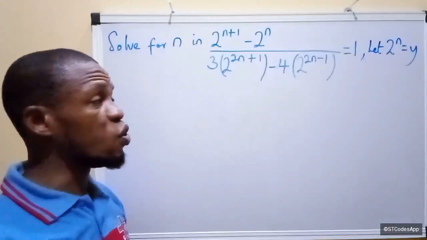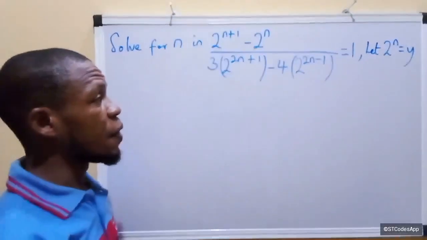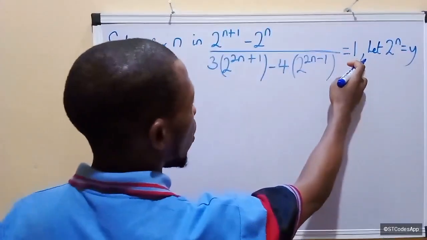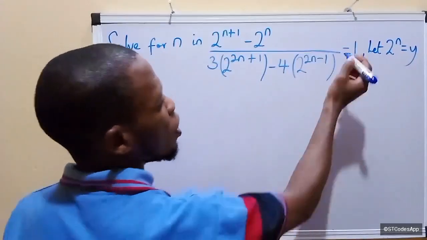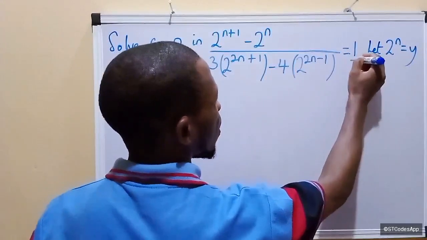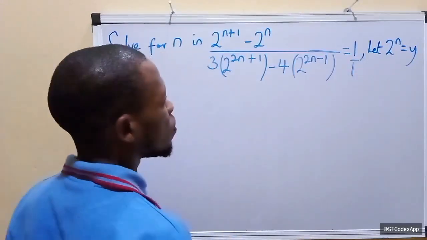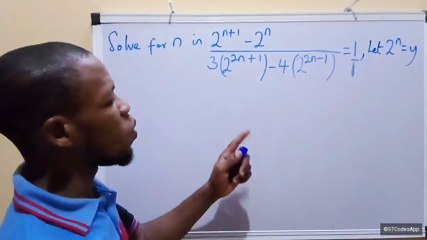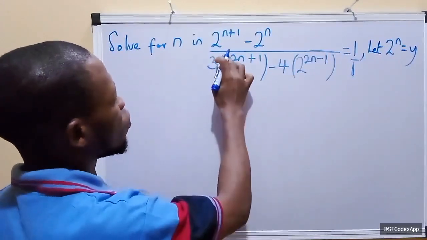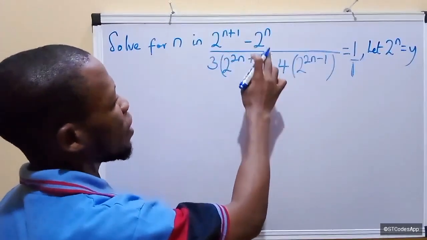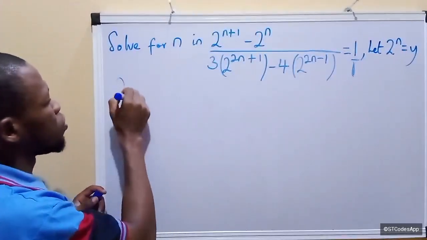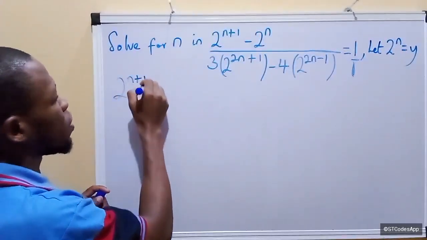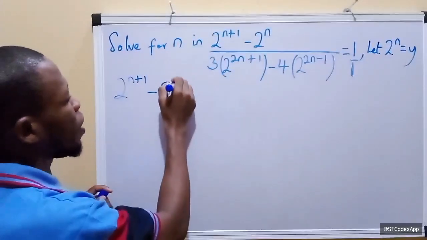Now the next thing I'm going to do is to cross multiply. Because here we have equal to 1, so this is actually an equation, an indicial equation. So this is like having all over 1 here. So cross multiplying in this equation, we're going to have 2 raised to the power n plus 1 minus 2 raised to the power n times 1. And that's going to give us 2 raised to the power n plus 1 minus 2 raised to the power n